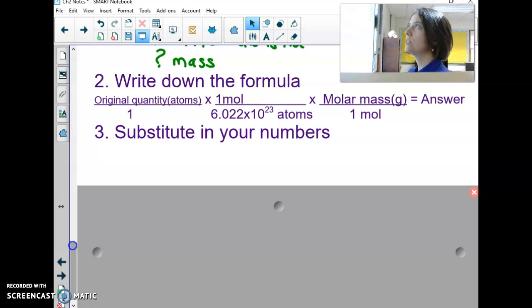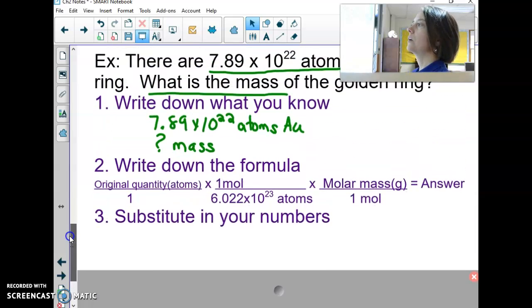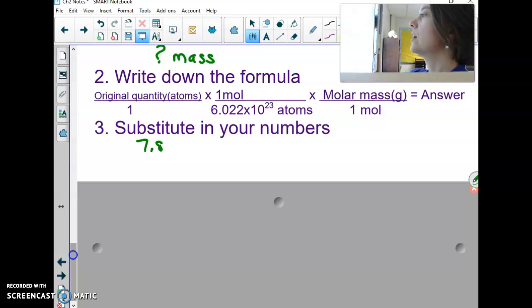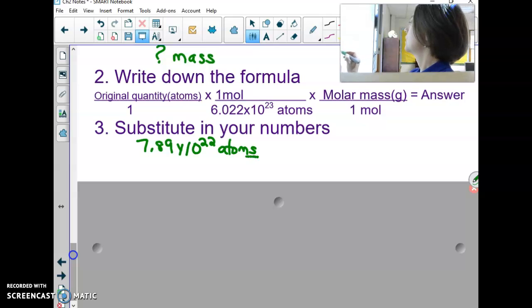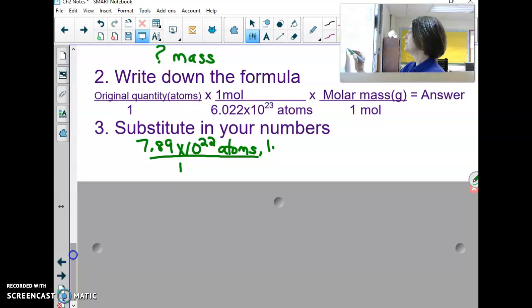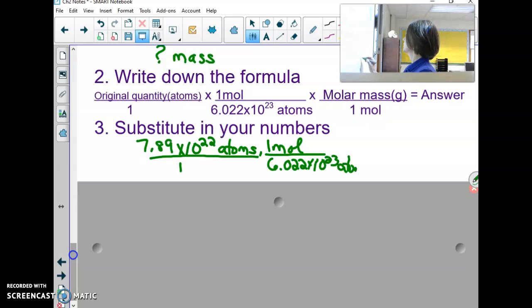So my original quantity is 7.89 times 10 to the 22nd atoms over 1, times 1 mole over 6.022 times 10 to the 23rd atoms